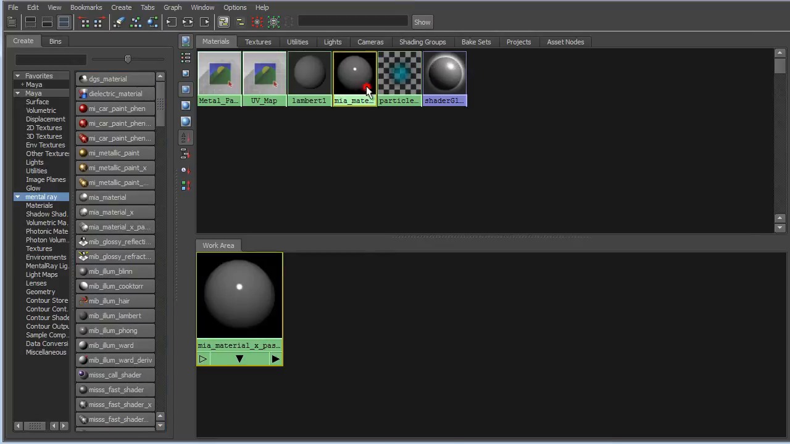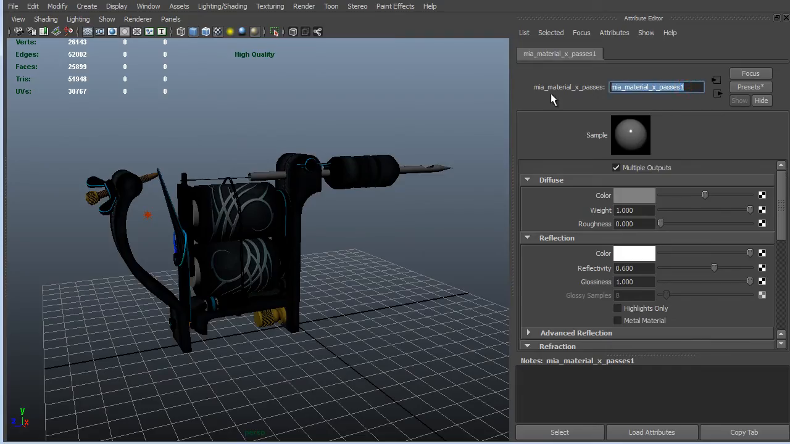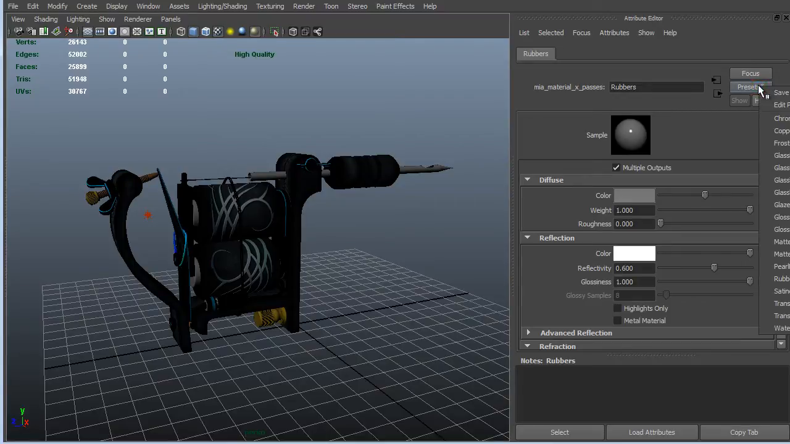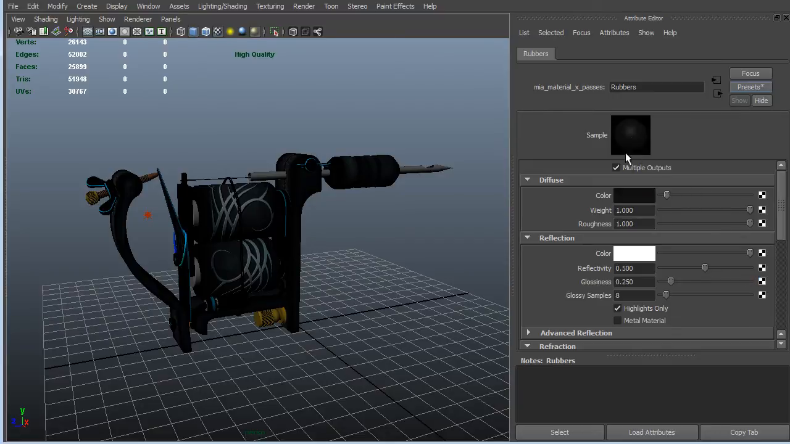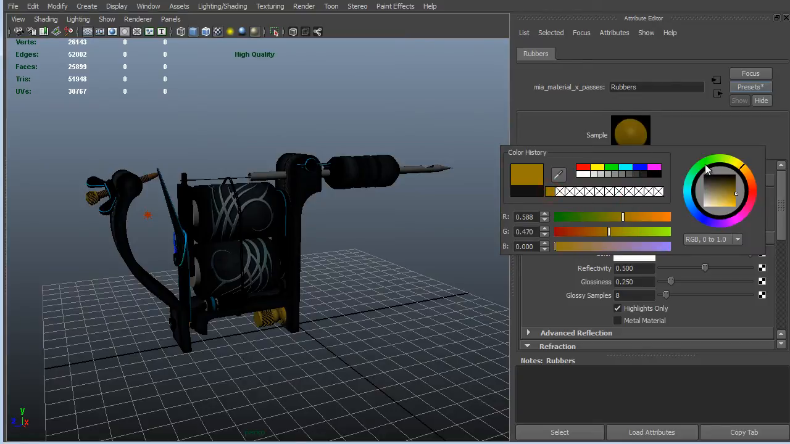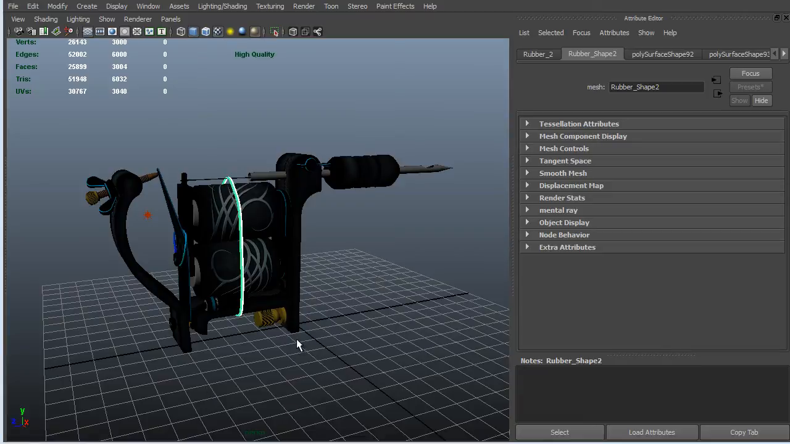Let's double click on it and we'll rename it to rubbers, and we'll go to presets and choose rubber replace. Now this solid rubber material is designed more for wheels. It should work fine for us, only we need to change the color to something more of an office rubber type of color. Let's mark the two rubbers